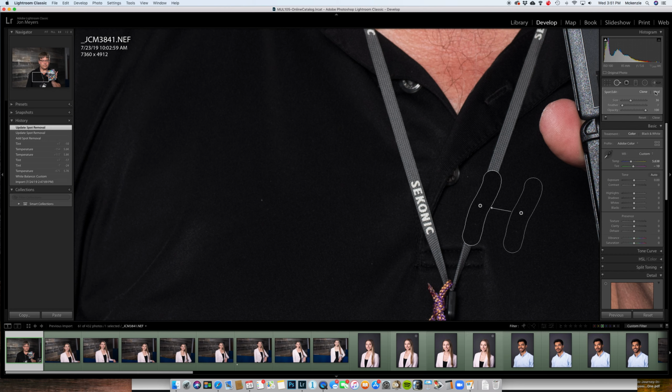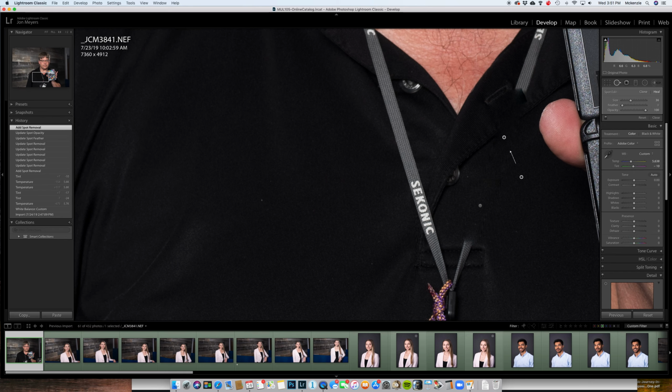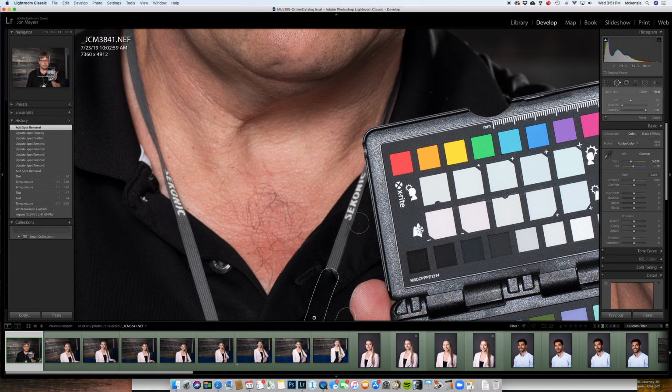So that's clone, and then this is heal. Heal's got a little more edge to it. So you can go back and forth and figure out which one works better than the other. We can also change how much feather there is and what the opacity is. Being able to do that is really useful for retouching portraits, that kind of thing. So I can then hit this again. Remember, each one of these is its own separate pin. And then I could come up here,